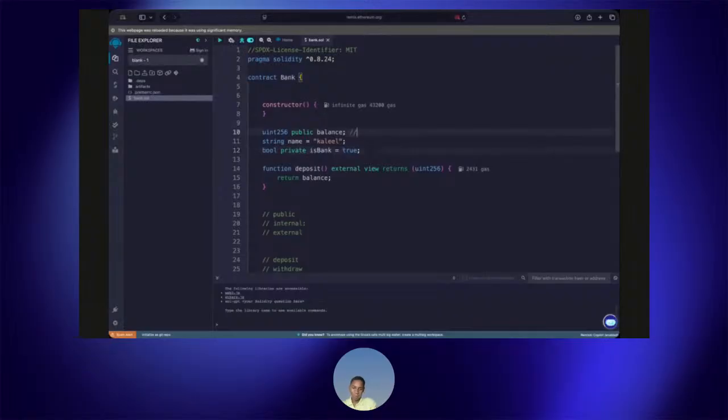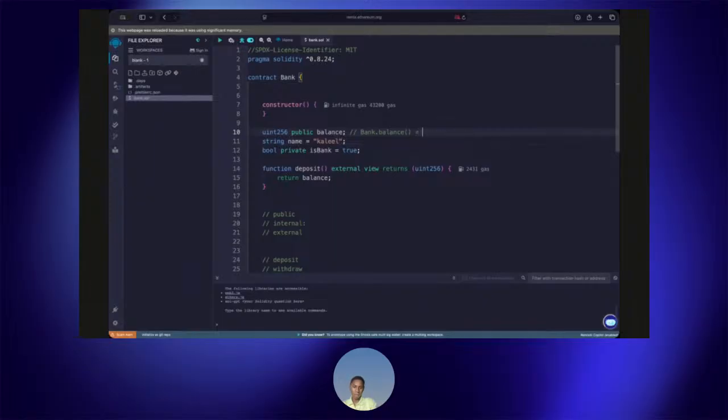So for public, you can see it as a getter function. You can see something like balance. On your contracts, you can call bank.balance. It will be visible for you to call, and then it will return the balance.